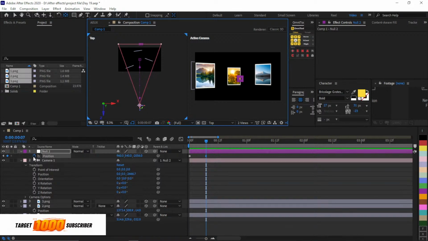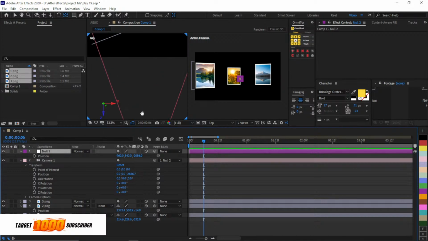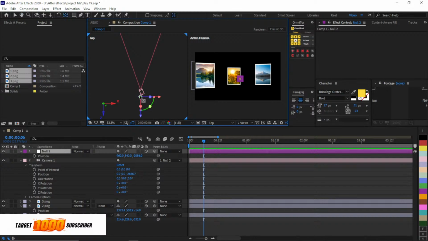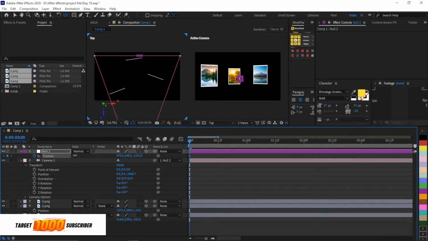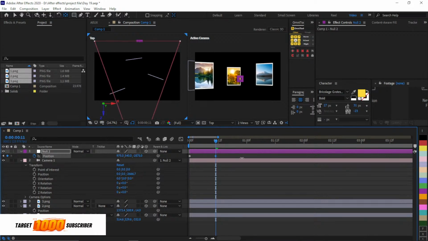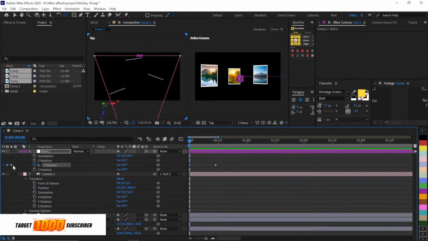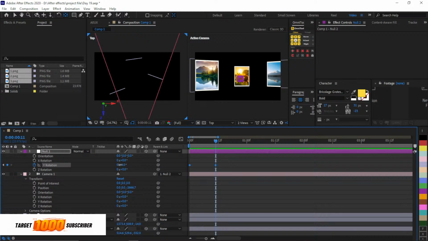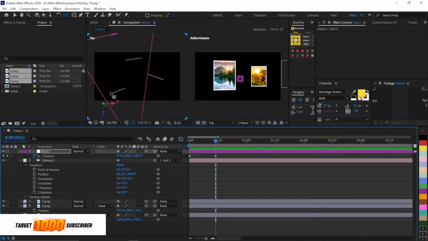For that, remove the position keyframe and then go to the anchor point and make it on the circle, and then add a position keyframe, make it a little bit backward, and then again add a keyframe making it a little bit forward, and then go to the rotation, add a rotation keyframe, another, rotate it a little bit like this, then go to the position keyframe,